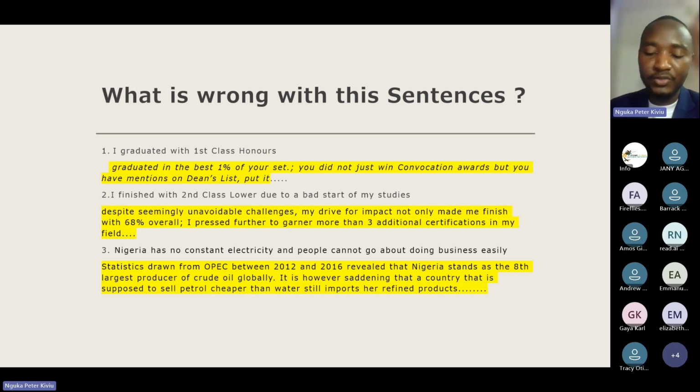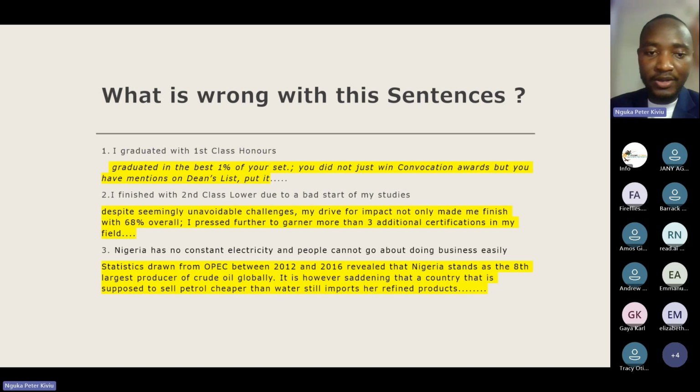So what are you talking about? You need to be able to give some data. So you can say the statistics drawn from OPEC. Now, when you mention OPEC, everybody knows OPEC. So the statistics from OPEC between 2012 and 2016 reveal that Nigeria stands as 8th largest producer of crude oil